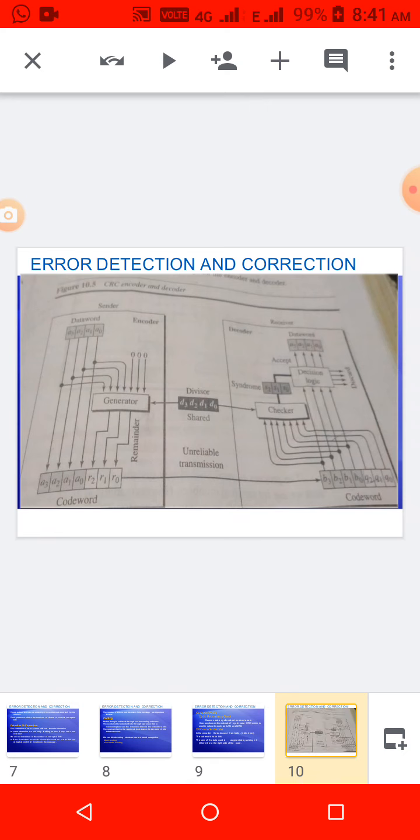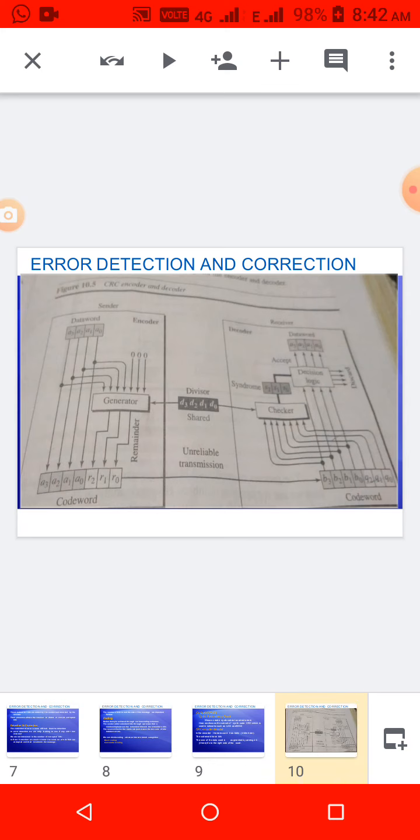Listen here. This is the process of encoder and decoder, and this is what we are going to see in this video. See the left side picture: we input the data word into the generator, left side 4 bits, A0, A1, A2, A3. This is the data word, for example 4 bits you are going to send from one node to another.